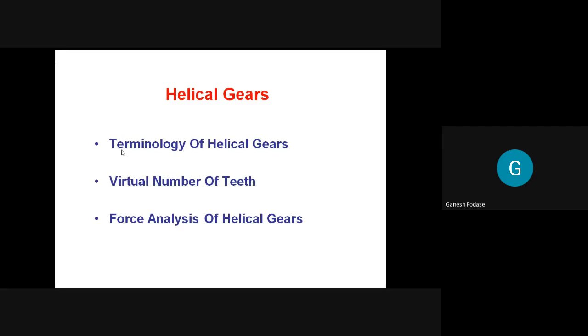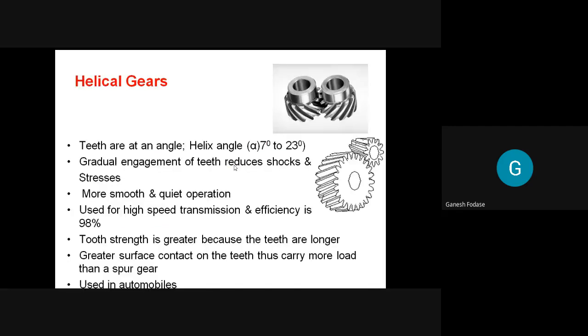So in the first topic, that is in terminology, before going for terminology, we discuss what helical gear is basically. So in helical gear, teeth, as we've already seen, are inclined to the axis at some angle. That angle is called the helix angle, and the range of the angle varies from 7 to 23